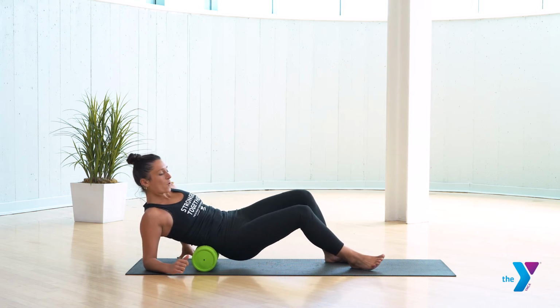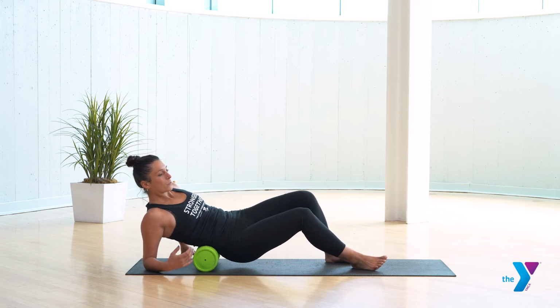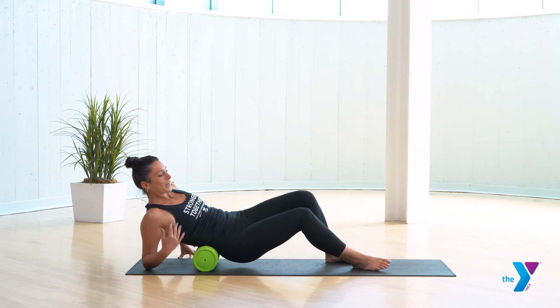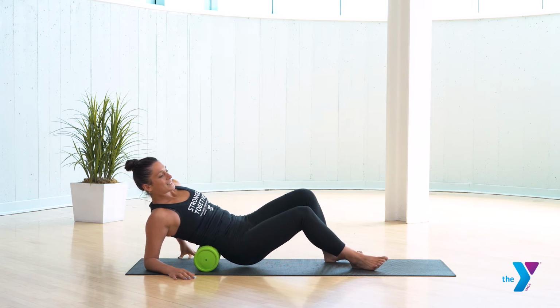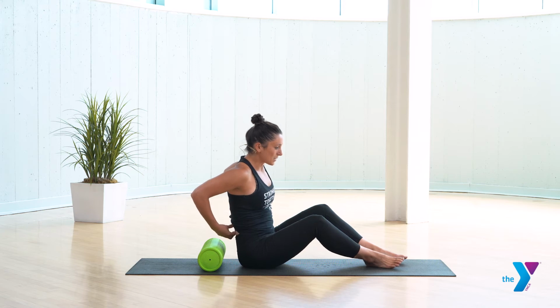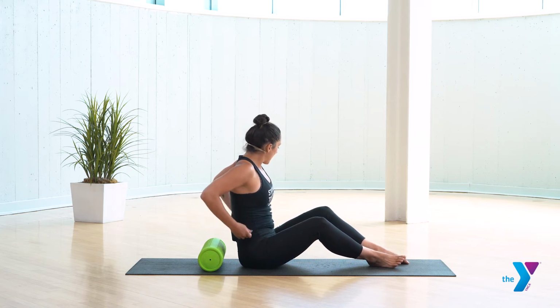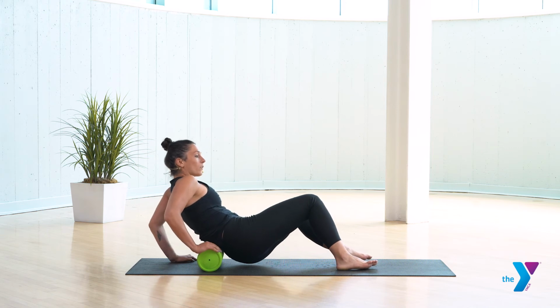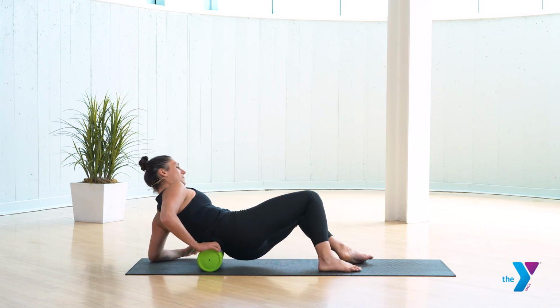Nice, and we'll take a moment just to hold pressure down into that roller. Taking some slow breaths, let the body just release into it. And release down. Nice, let's do the other side. All right, so we're gonna get into the left QL. So we're gonna bring our left side of our back over that roller, left elbow down,